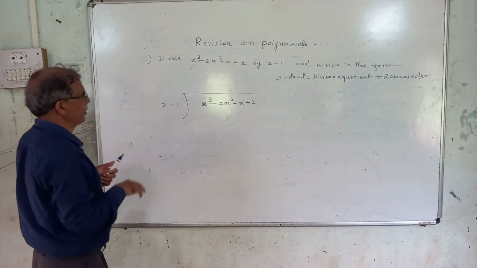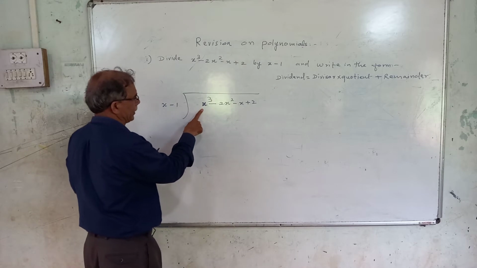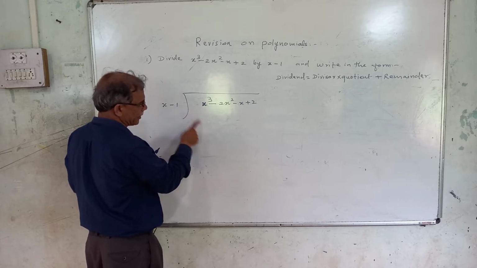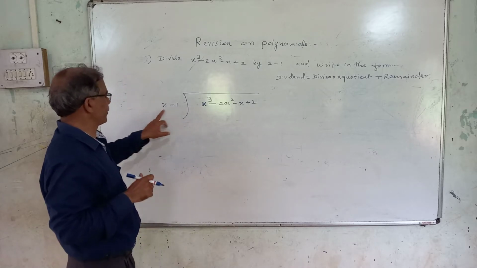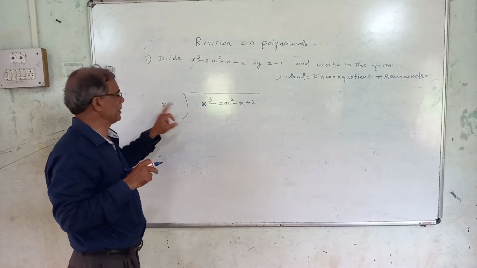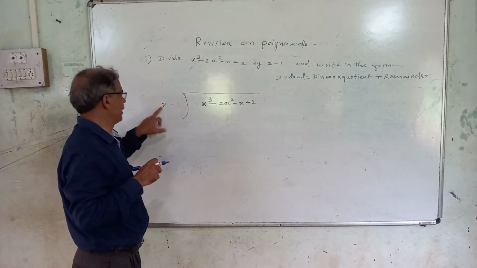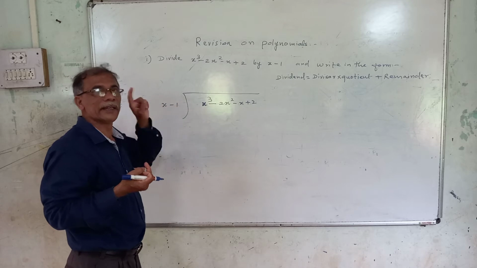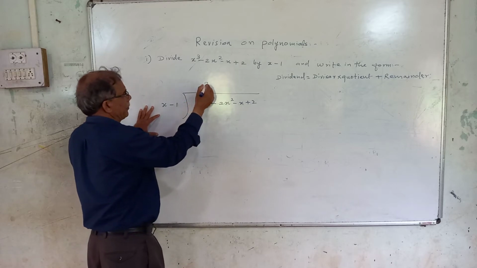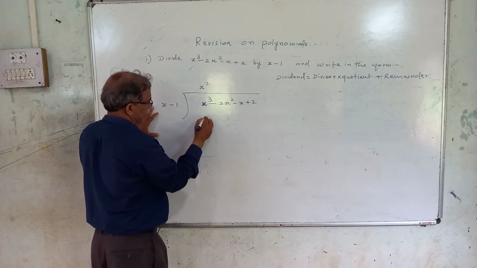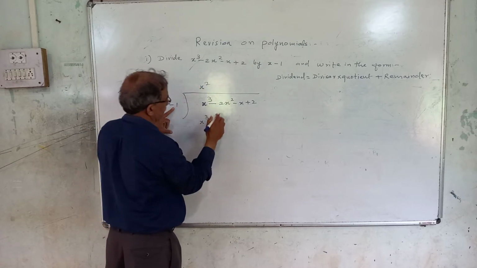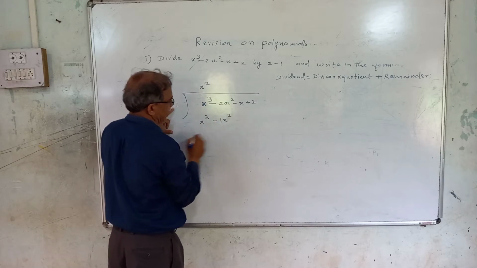So now when you divide, first we have to consider this x cube term. And to cancel this x cube term, we have to bring here x cube term. Now how to bring that? First you have to consider the first term here with maximum degree of x minus 1. So x into how much will give you x cube? X into x square will give you x cube. So write here x square. Now by this x square you have to also multiply this minus 1. So minus 1 into x square means minus 1 x square.